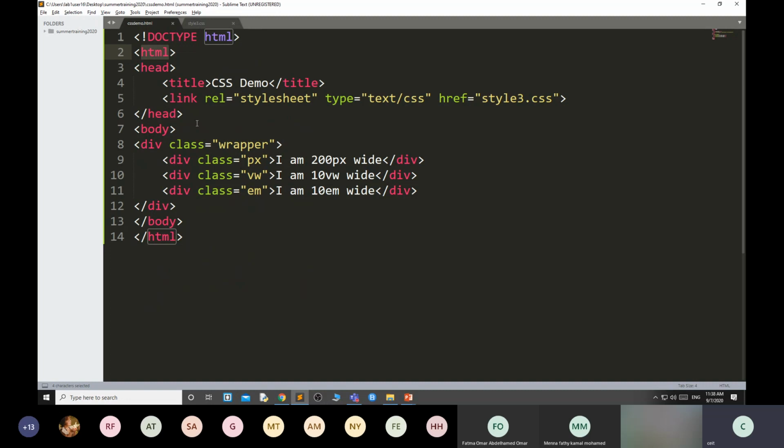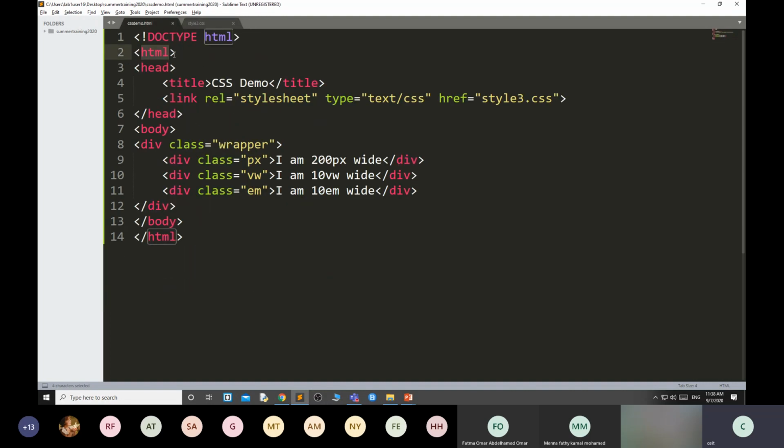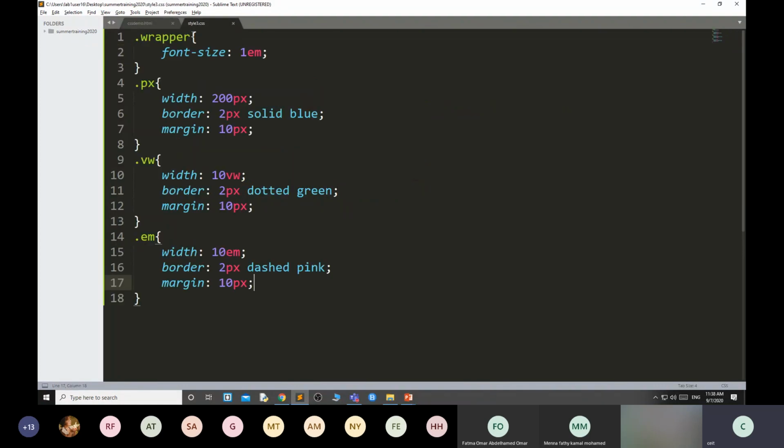This is the root. If you write REM, then it will be relative to that particular root. Whatever the font size of this root, it will take relative to that. But EM is relative to the parent. If you have nested children, then it will change accordingly. We will see the example.